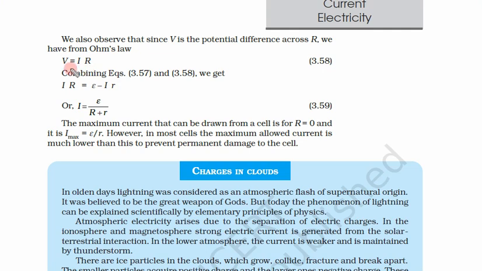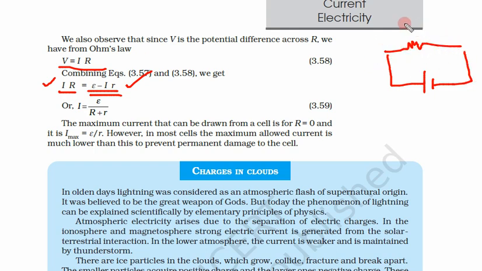So now from Ohm's law we know V is equal to IR, and combining these two equations, V is equal to IR, and from the cell's internal resistance, epsilon minus Ir. This is from the internal part equation and this is from the external. So we had a circuit, this was our circuit. Outside, current I was flowing, R was the resistance, and inside the cell it was epsilon minus Ir. So these two must be equal. The potential difference here was V, here was also V. So V is equal to IR is equal to epsilon minus Ir.